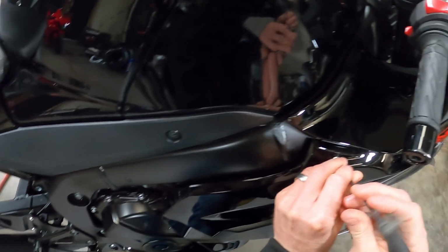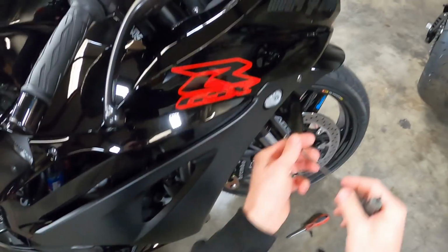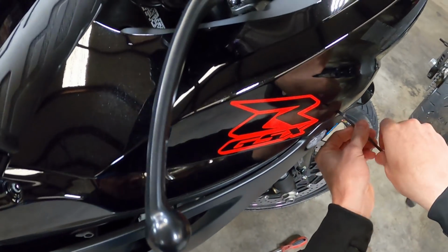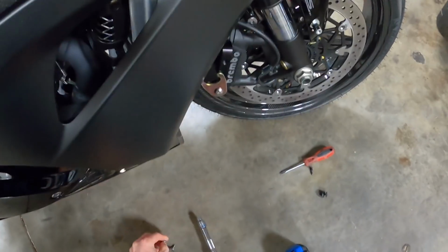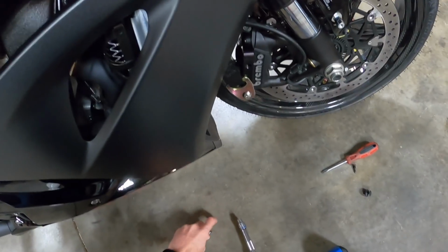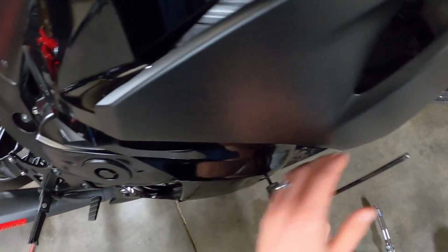These new 1000s, the fairings are so easy to remove on these things. I really like this part about the bike, where if you have, say for instance my ZX14, oh my god, it takes 30 minutes to take the fairings off that stupid thing. Big time pain in the butt. Where this